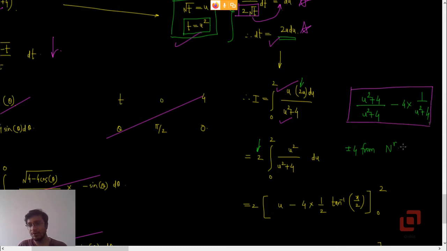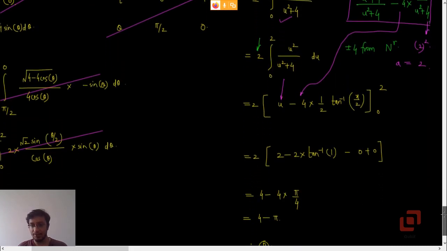Once you get this, your job is simple. U squared plus 4 upon u squared plus 4 will be 1, whose integral will be u. Keep this minus 4 as it is. Then we have u squared plus 4 in the denominator, 1 upon u squared plus 2 squared. Now this 4 can be written as 2 raised to 2. Use the formula for tan inverse: 1 upon a into tan inverse of x upon a. In our case, a is equal to 2. So we have now successfully completed the integration process.